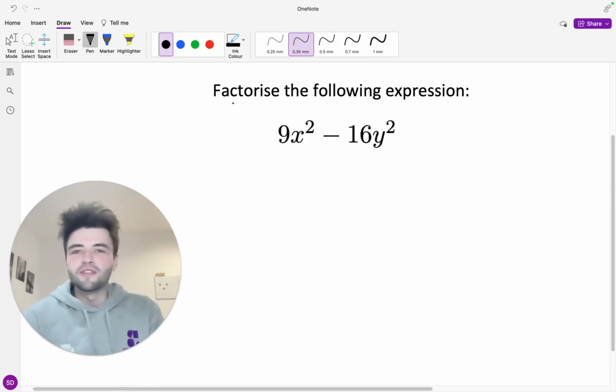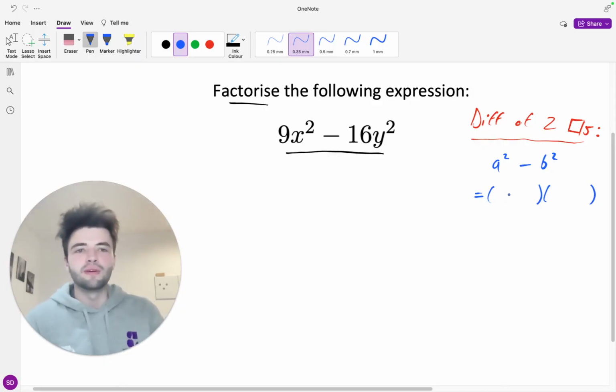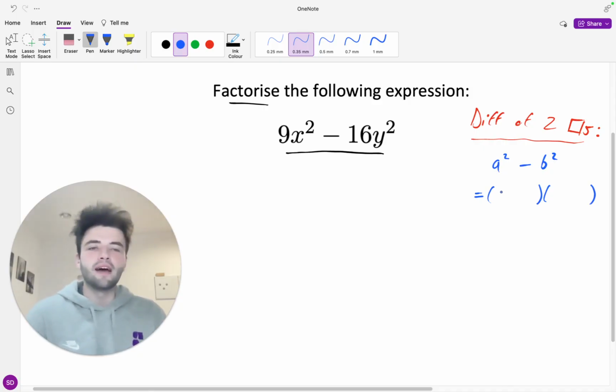So we've got another question on factorization here, and in this case we've got 9x squared minus 16y squared, and this is going to be a special kind of factorization known as the difference of two squares. And so whenever we have a difference of two squares, which can be expressed in the general form as a squared minus b squared, we can simplify it always in the same pattern, which is going to